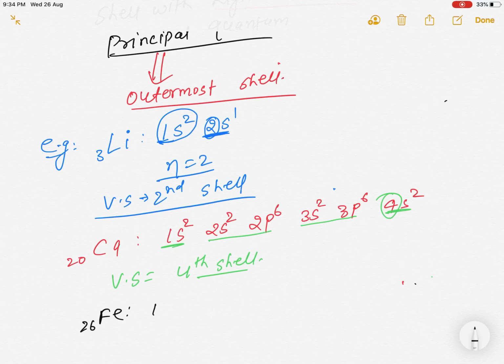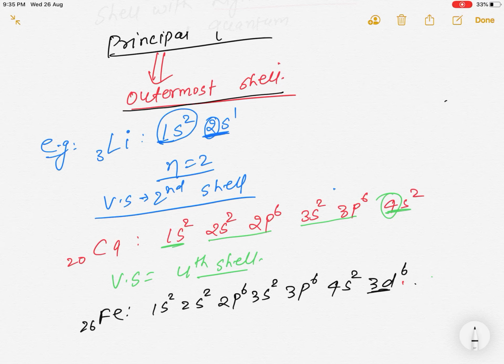Iron, atomic number 26: 1s2, 2s2, 2p6, 3s2, 3p6, 4s2 and then 3d6. Now, don't confuse the outermost shell with the last subshell written in the electronic configuration. If you go by that, it will give you the wrong answer. Why? Remember, this is written according to the Aufbau principle, or the rule that electrons fill up the subshells in increasing order of energy. This is just the energy order, not the shell order. 3d is coming last, but that does not mean that the third shell is the outermost shell.